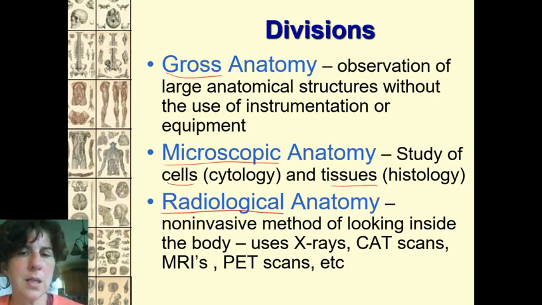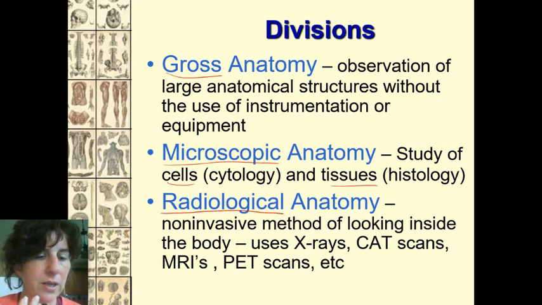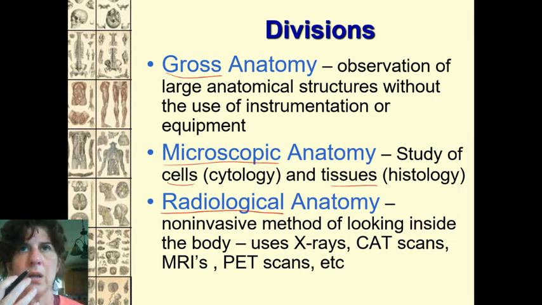Radiological, we're not going to do a lot of in this class, but it's another way of looking at things. I'm going to show you some x-rays and CT scans throughout the class that show you the interior. It's a way of looking at the interior of the body without doing any physical damage, so we can go in non-invasively. For instance, with an x-ray of a bone, the doctor can see if the bone is broken. You can use CT scans and MRIs to see damaged soft tissues, or maybe uses of glucose in the brain. So radiological is another way of studying the body without physically having to go into it.